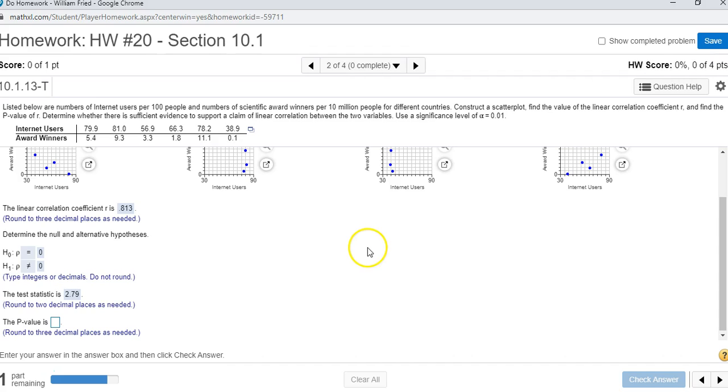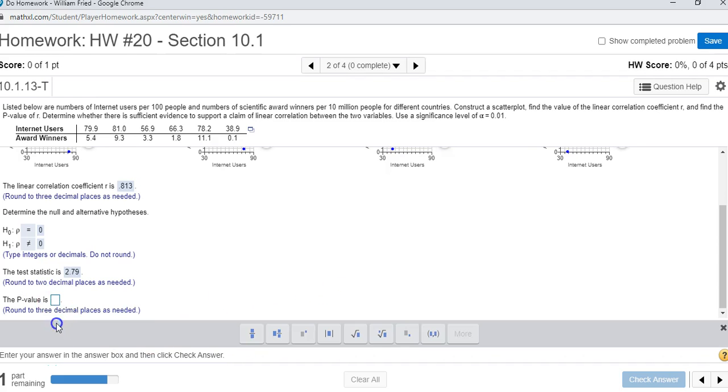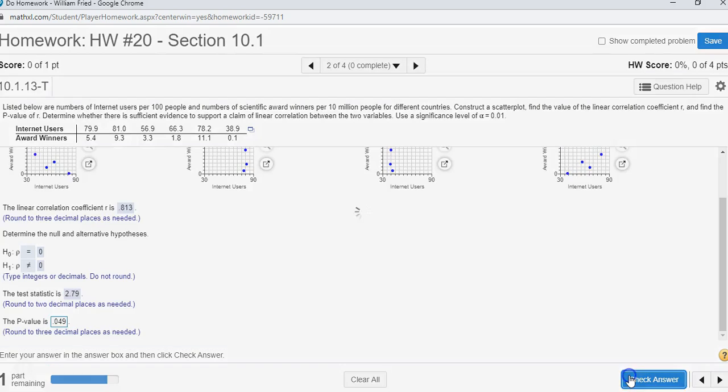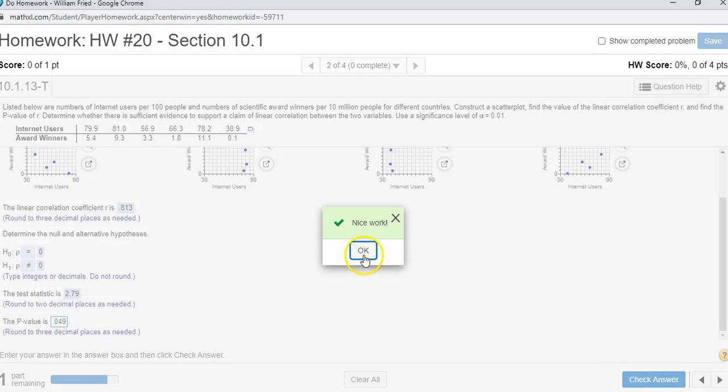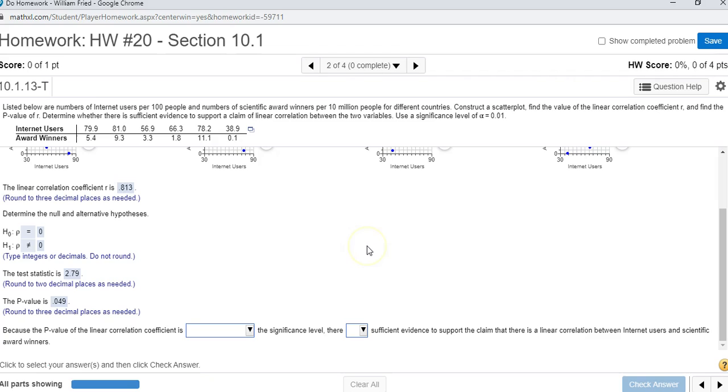The p-value, that was the usual p-value to 3 decimal places, it was 0.049. Nice work. Okay. And because the p-value is, now the p-value is 0.049, the significance was 0.01, so the p-value